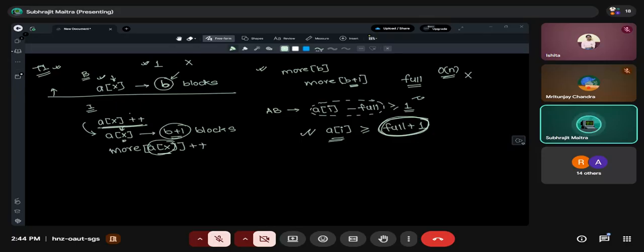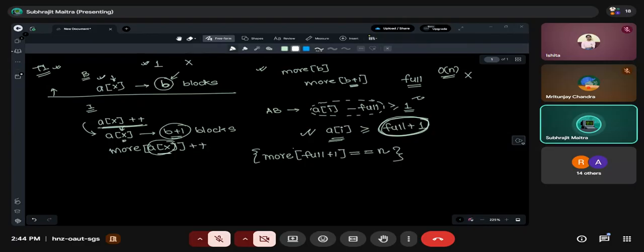So what do I need to check? That if more of full plus 1 is equal to n. This is a very important check. What does this tell me? It tells me: are all the n cells contributors of full plus 1 number of blocks? If yes, that means currently all the cells have at least one block.